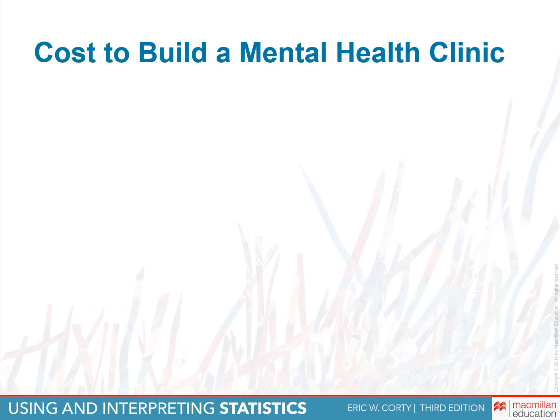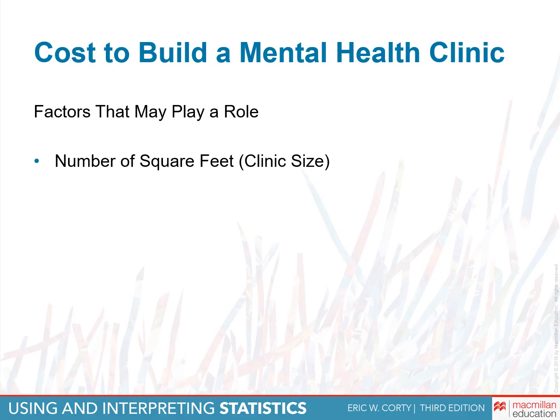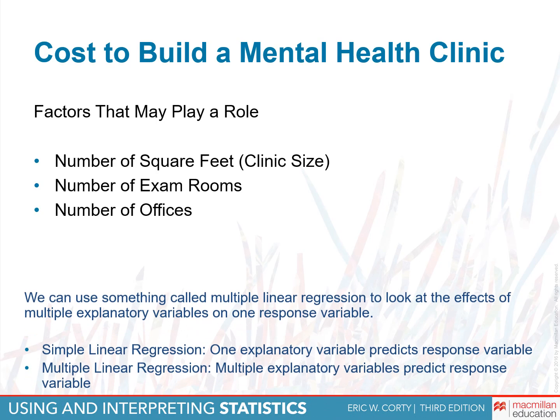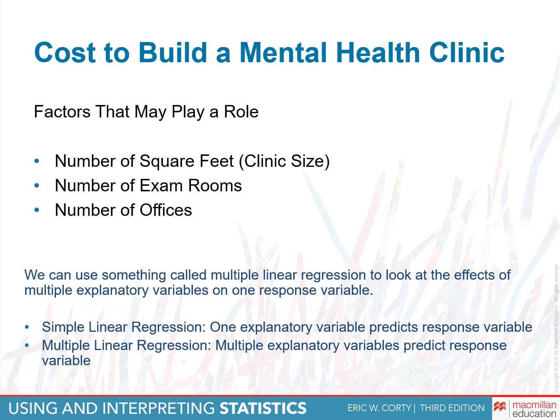All right, so if we're thinking about the cost to build a mental health clinic, lots of factors can play a role. So things like clinic size in terms of square feet can matter, but also the number of exam rooms you have in the clinic, as well as the number of offices, also play a role. And so we can use something called multiple linear regression to look at the effects of multiple explanatory variables on one